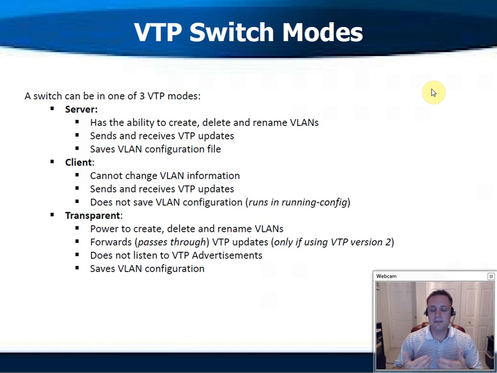So by default, these switches are going to come up in version 1. We need to go in and tell it to be version 2. And if you have one switch in the domain running version 2, all the switches in the domain need to be running version 2, or actually must run version 2. Another thing transparent mode does, I just hit on that. It does not listen to VTP advertisements or updates, but it saves the VLAN configuration in its memory,